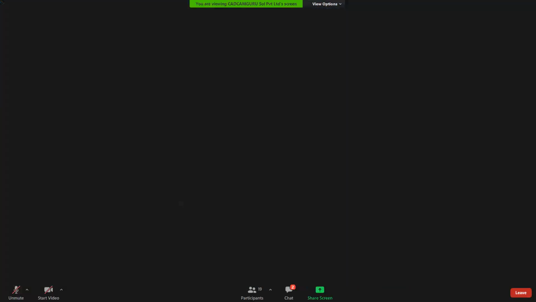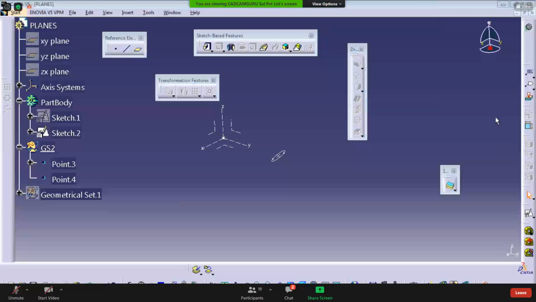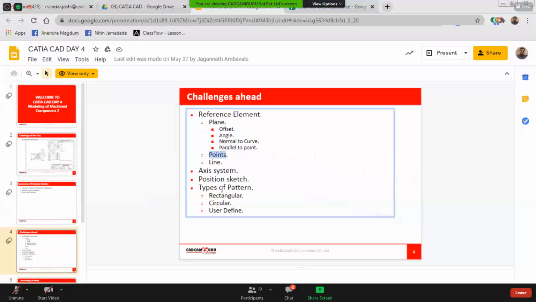Clear? So this finishes today's discussion. Only line is pending. We'll see the line options in the next classes, when the practical application comes.